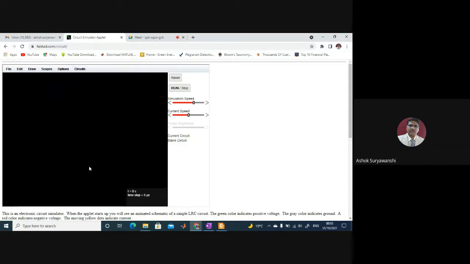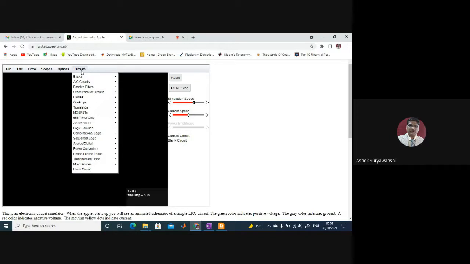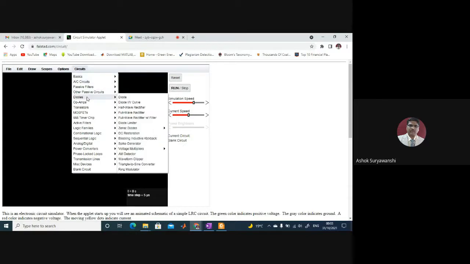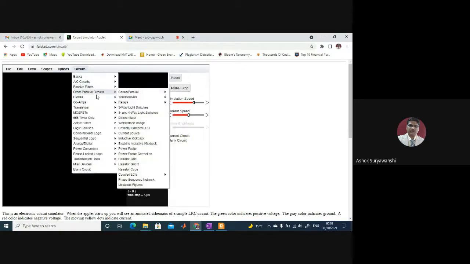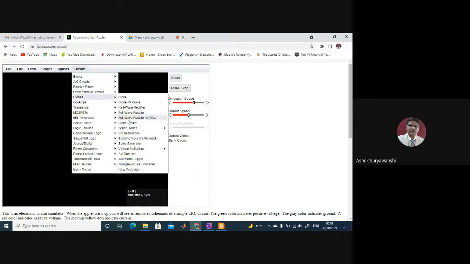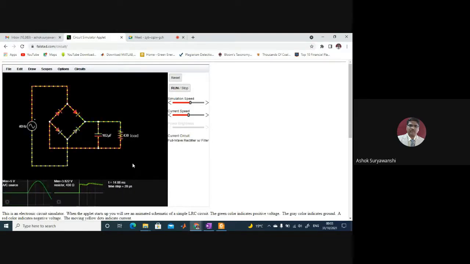So I think this will be a good opportunity for you to learn about these circuits. Those who still have doubts can run these circuits which are there in the library. Now you can see in this full bridge rectifier, a capacitor is connected across the load.